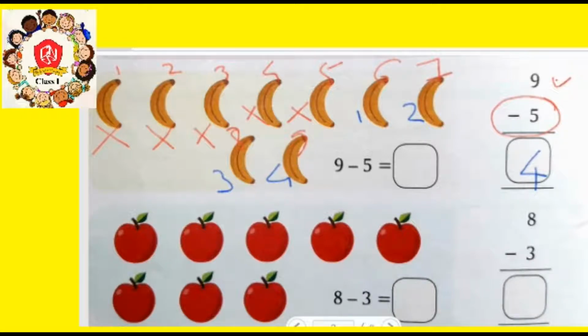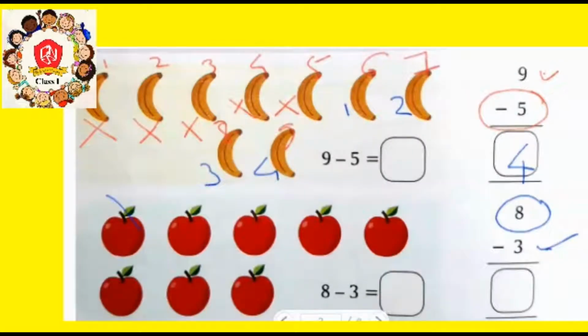In the same way we will do the next one. How many are there? First let us count. Here total 8 apples are here. Okay. Now we will subtract 3 from the group. So we will cut down 3 and count the rest one. So we are getting 1, 2, 3, 4 and 5. The answer is 5. In this way we will do subtraction by eliminating those that we don't need in the group, and we will count the left out.